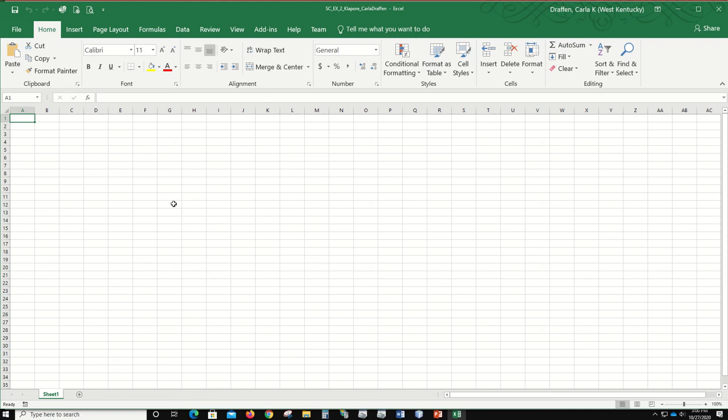So we'll just go ahead and get started. In cell A1, we're going to type in Clepore Engineering, enter, and then salary report, enter, employee, tab over, email address, tab over, dependents,